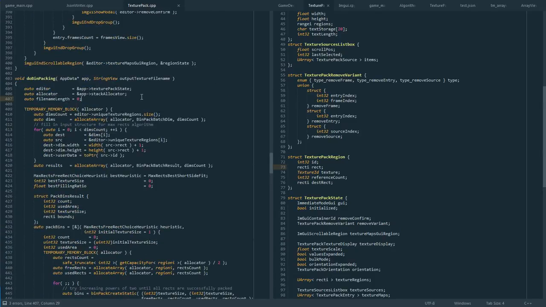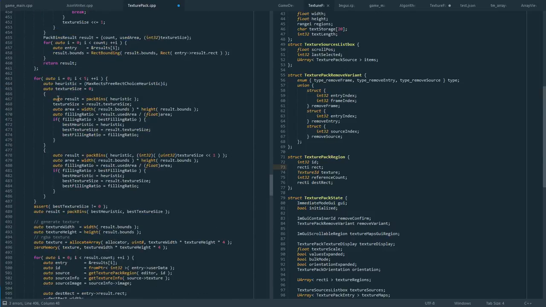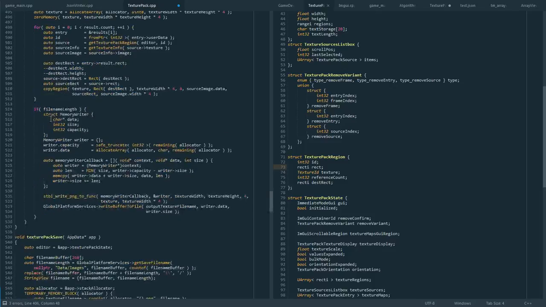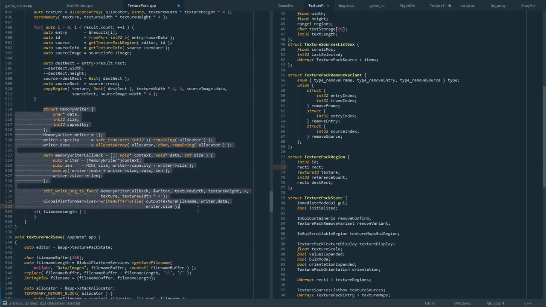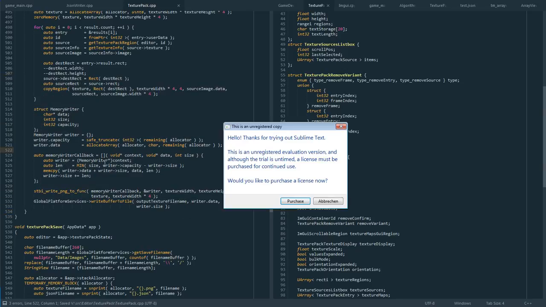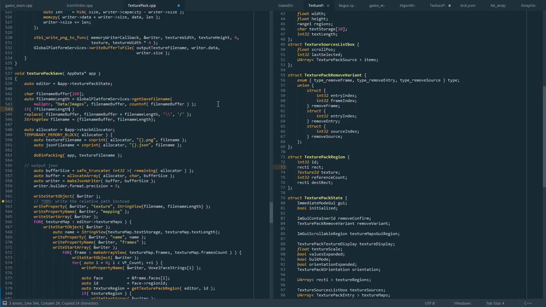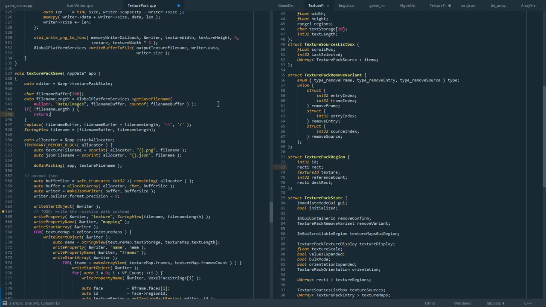Oh, I'm not using that anymore. So I basically skipped writing the image file here. Also, I should be doing this. Okay, luckily